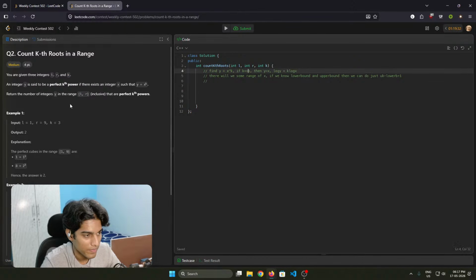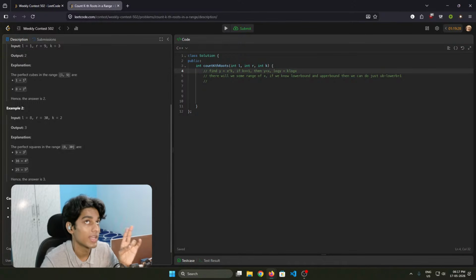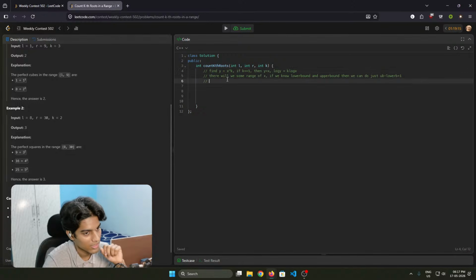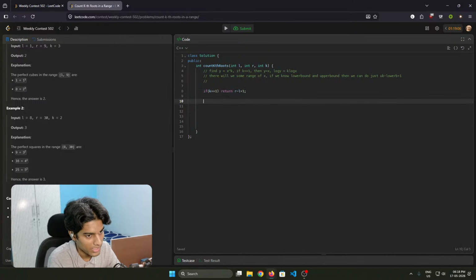Okay, if k is 2, then you will have to check till the square root of 10 to the power 9. That is it. Okay, so this is very easy. So if k equals 1, return r minus l plus 1. Else what we are going to do. But how do I